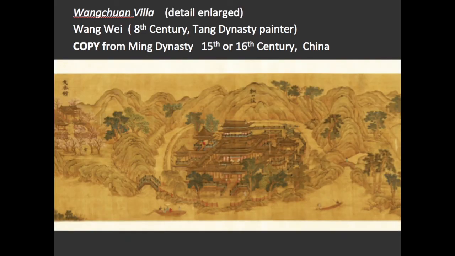The Wangchuan Villa incorporates a scene on a hilly estate. There are various buildings. There are peasants working, as well as fishermen in a few boats. And instead of pure narrative or emphasis on figures, there is topography. It is as if a surveyor made a pictorial map of the estate and all of the rich topography.